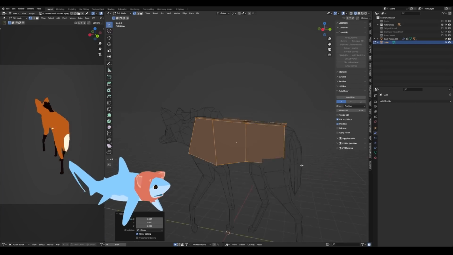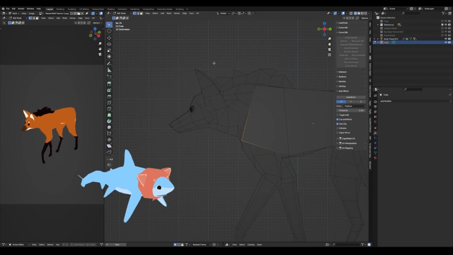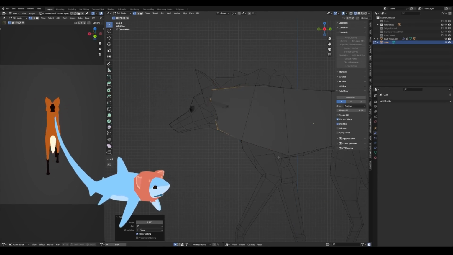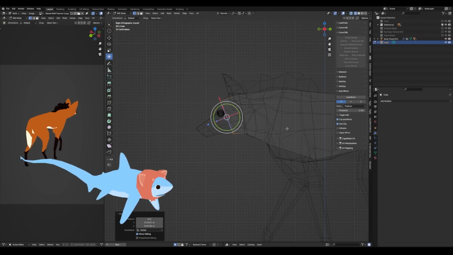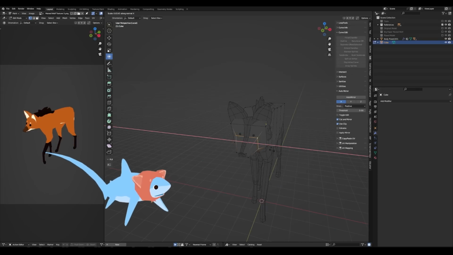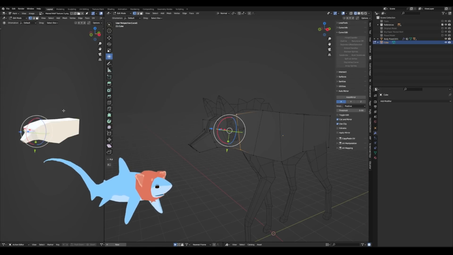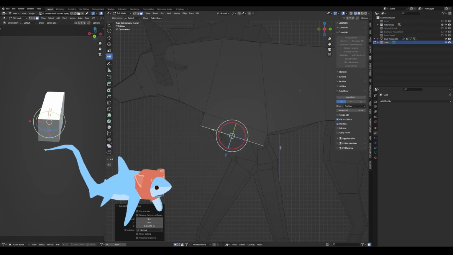I started with just a cube and extruded out the legs without much dimension to them. Switching from global to normal orientation, I found, really helped me avoid twisty kind of polygons and non-planar faces when I'm making papercrafts. And that's something that generally it's good to avoid in 3D modeling, but particularly for papercrafts, I